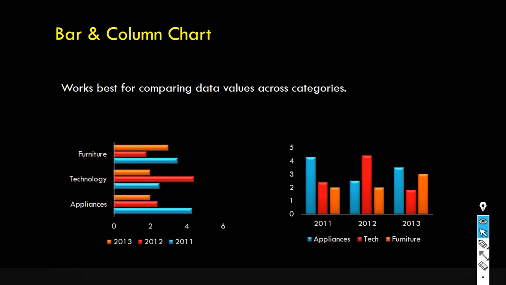Now the question is when I can use the bar and column chart. If you want to compare the different categories or track changes over time using column and bar charts, we can go for these types of charts. Now the